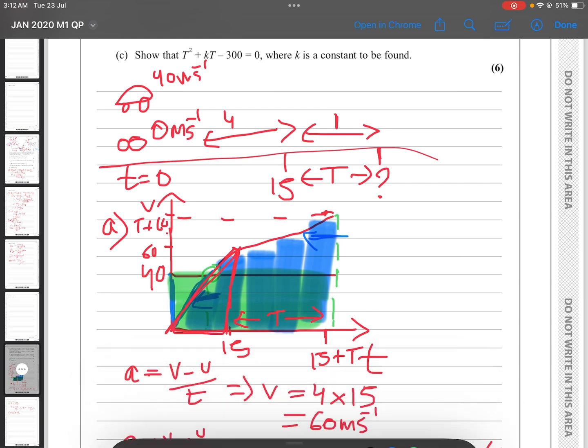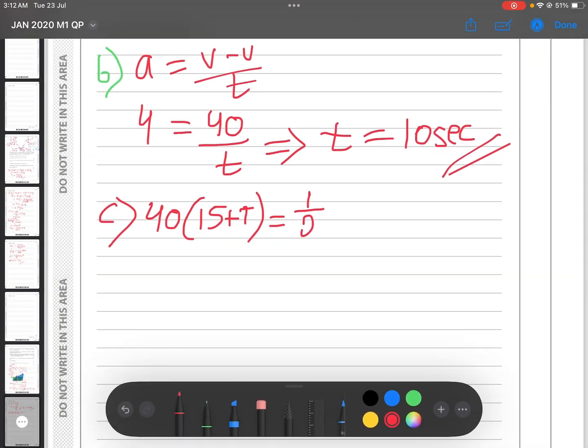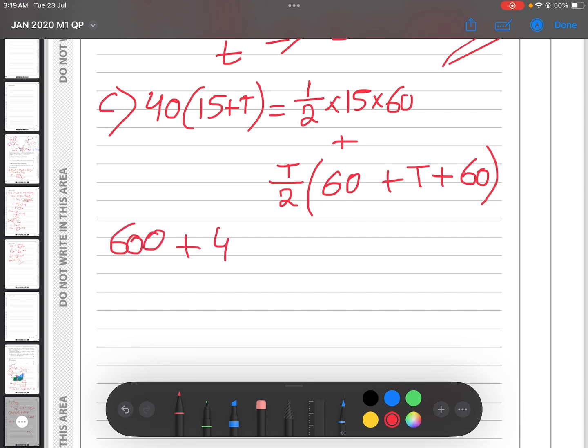So we can use the area of a triangle, half times base, which is 15, times the height, 60, plus, considering the trapezium, the distance between the parallel sides times the sum of the heights, that is 60 plus t plus 60. Simplifying this, we get 40 times 15, 600, plus 40t, which equals 450